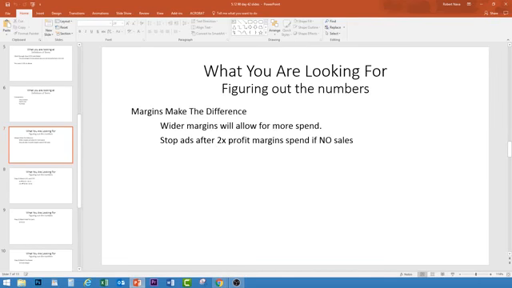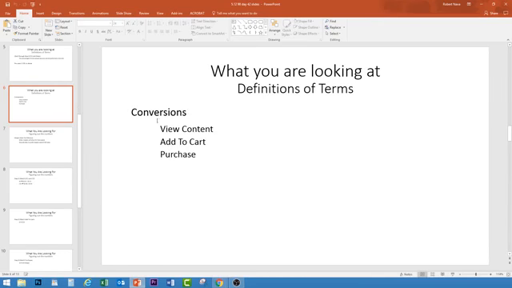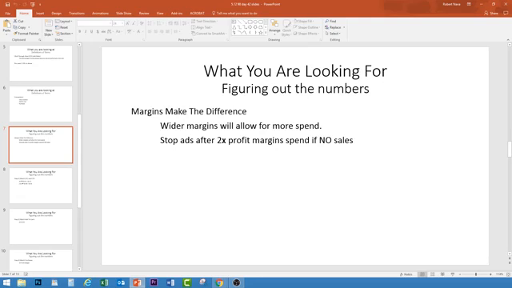When I'm looking at purchases, I'm looking at spending 2 times my profit margin. If I have no sales, no purchase conversions after 2 times my profit margins, then I'm going to pretty much stop my